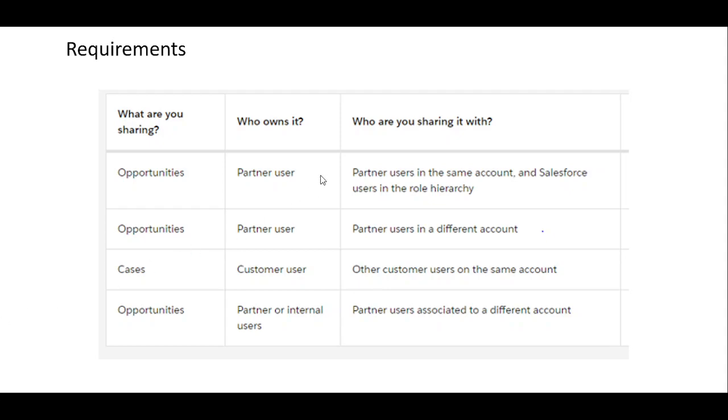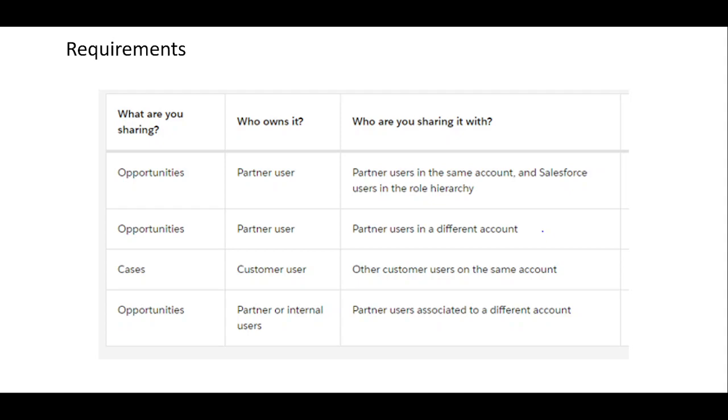So if this is the case where you want to share it with the customer users of the same account, then we can use sharing set. What sharing set says is, for that particular object, the case object, if we say okay with the community user profile, then whoever users are associated with the same account, that same account's other subset of data such as opportunities will be shared with that account, which we saw in our last video via access